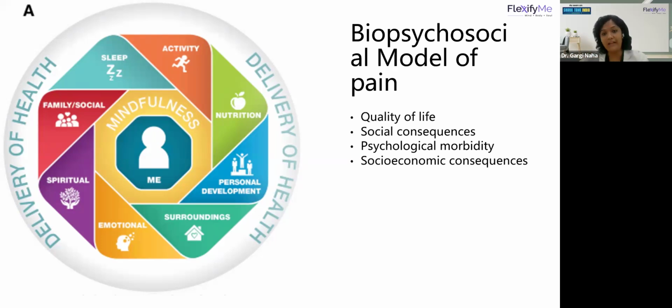Now, when the quality of life is affected, definitely this is going to have social consequences as well. How social consequences? You can complain of pain once, twice, thrice, but after a certain point of time, no one is actually interested in your pain, because they also don't have a solution for your pain. So what will you start? You will stop discussing your pain. You will start isolating yourself from the environment. This will start affecting your personal life, your relationship with your spouse, your family members, your neighbors, causing social isolation.